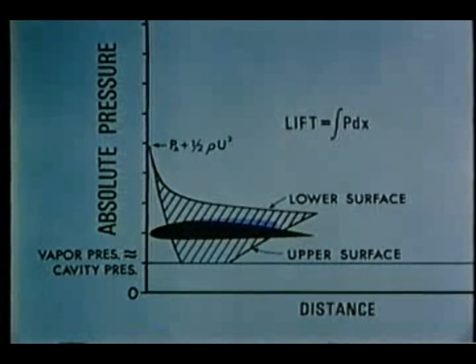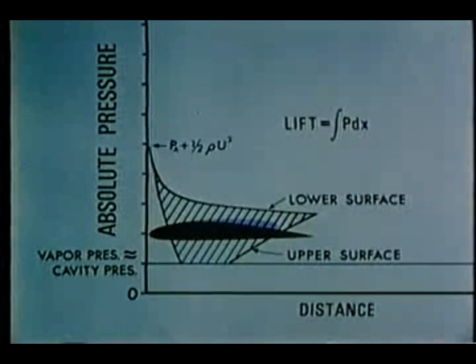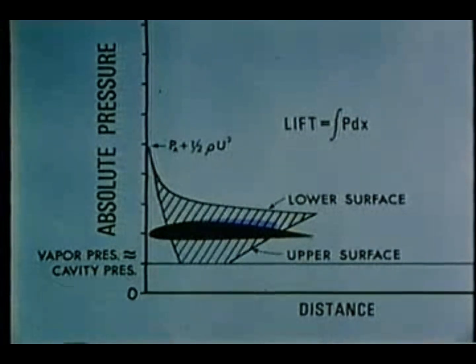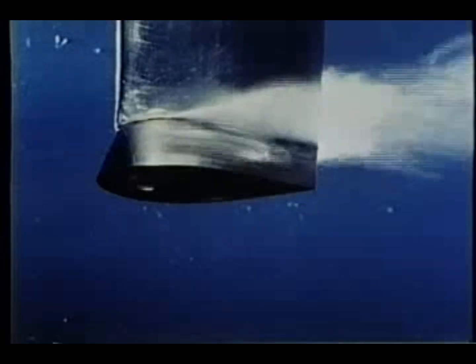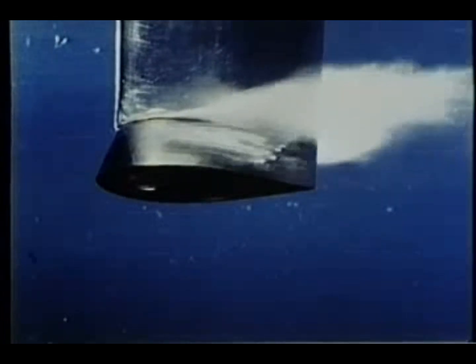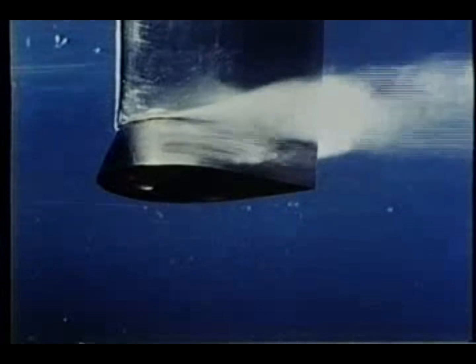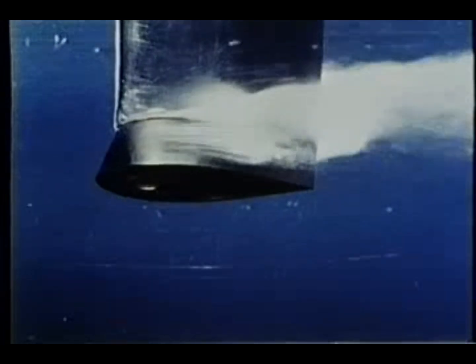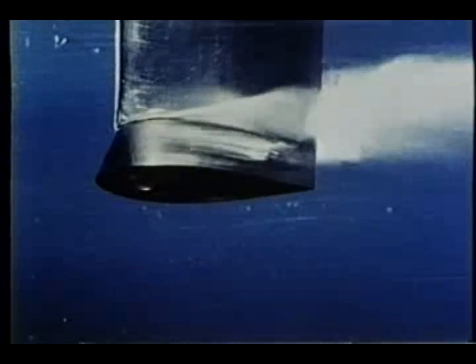Since the pressure on the lower surface does decrease, the lift drops. Actually, as cavitation develops, the shape of the pressure distribution changes somewhat. The resultant pressure distribution is such as to cause an increase in drag. Thus, hydrofoils, and for the same reasons, many hydraulic machines, which are designed for efficient subcavitating operation, lose efficiency when cavitating. Where cavitation is unavoidable,